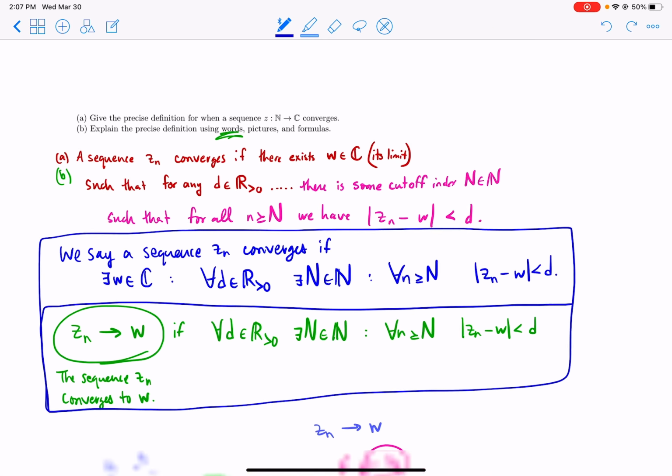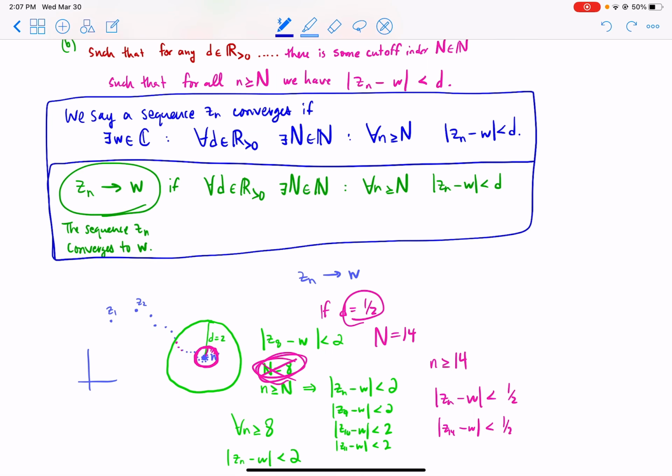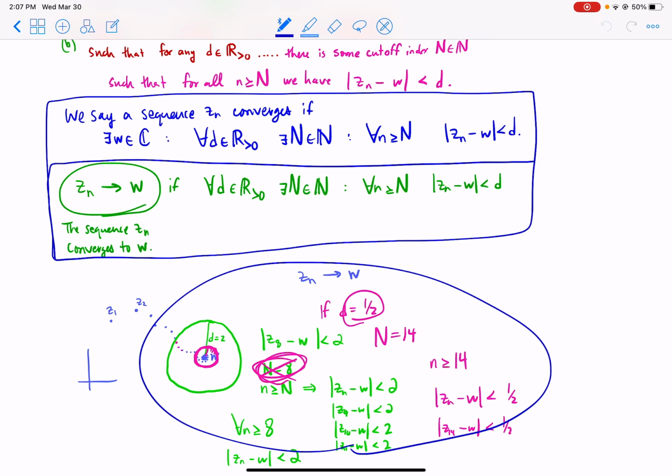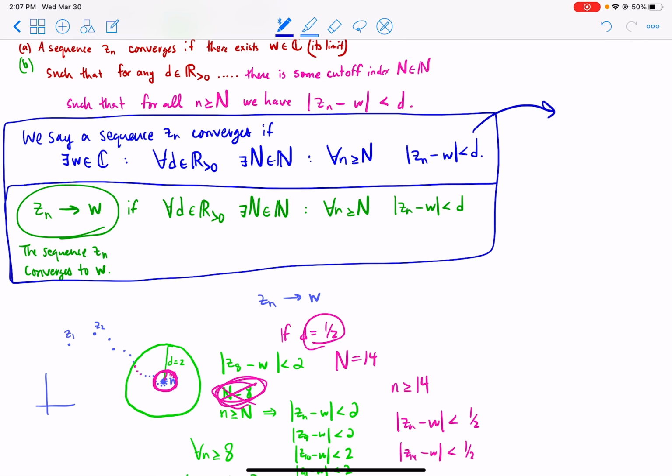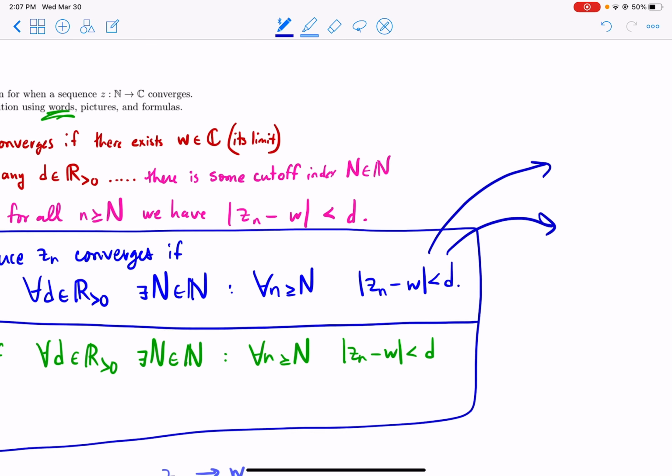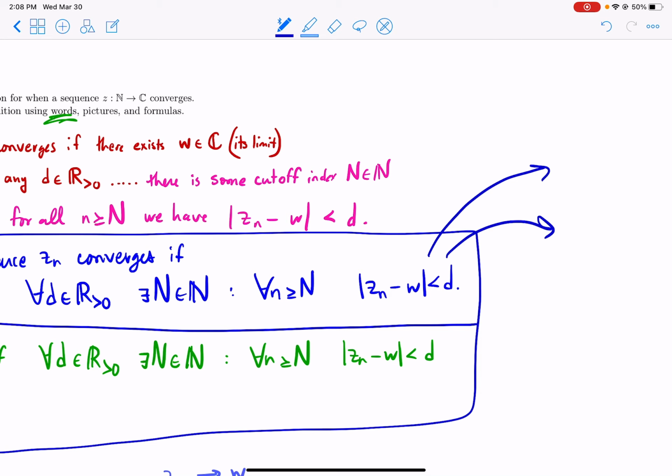Be able to start from a picture and remember what is the concept you're trying to get at, and then recreate the symbols, but also just look at the symbols and be able to unpack them into a picture, or unpack them into words. So let's unpack them into words. Very informally, as close as you like to w, for all d positive, as close as you like to w,